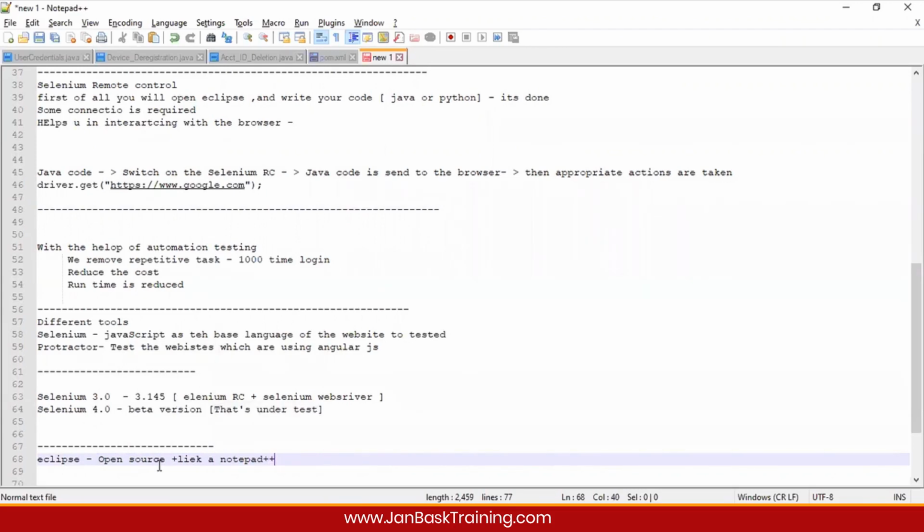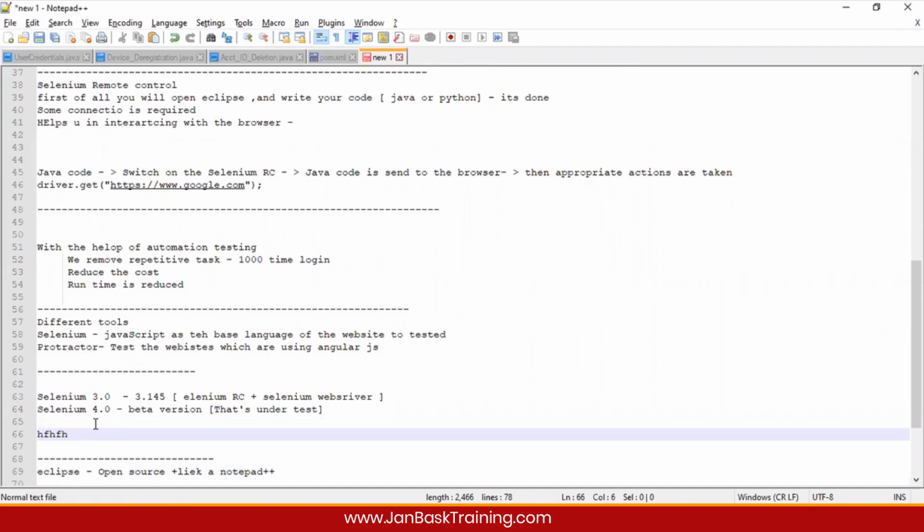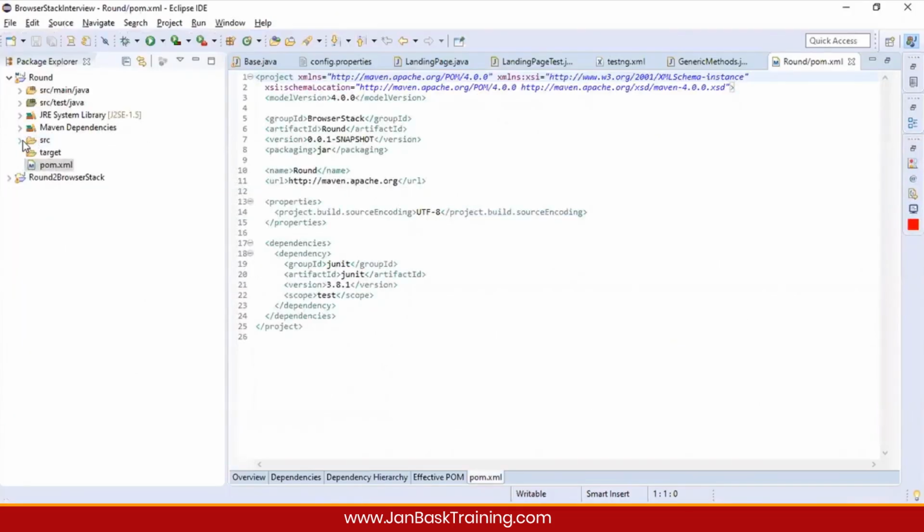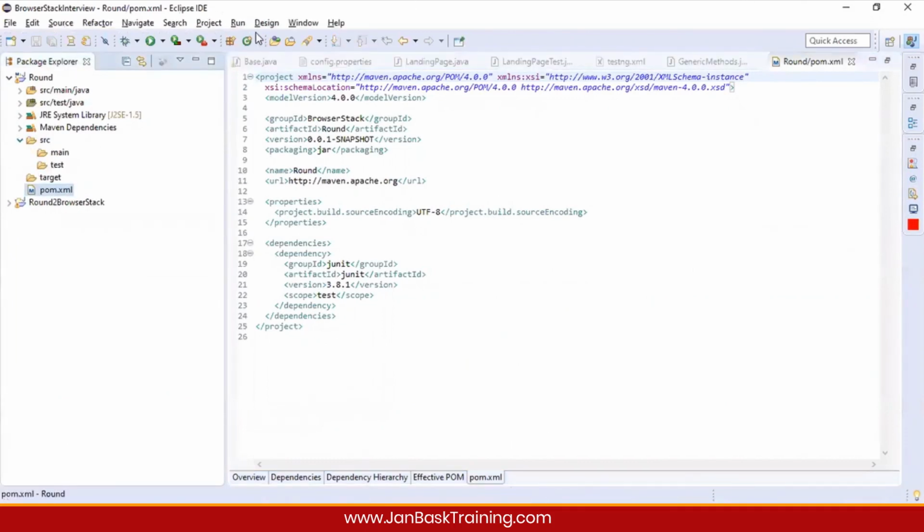But why do we use Selenium IDE? You know what? Notepad doesn't give you any suggestions. So while I'm writing something, it doesn't give you any suggestions. But Selenium IDE does give you some suggestions. And that's helpful for writing or expanding your code. Because if you see this thing, I have put this dot, right? In Selenium IDE, whenever I write something like driver dot, it will give you multiple options to choose from. If I don't remember syntax exactly, it will give me a drop-down list from which I could choose. I think I have something over here, but I need to create something. Yeah, it's not ready right now.